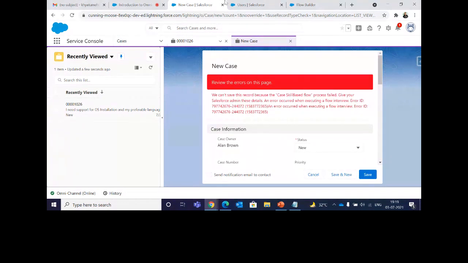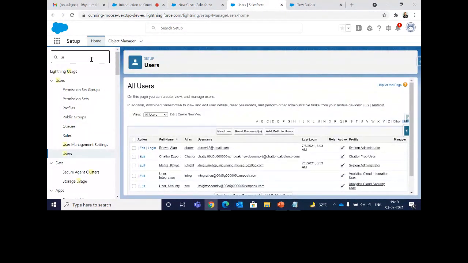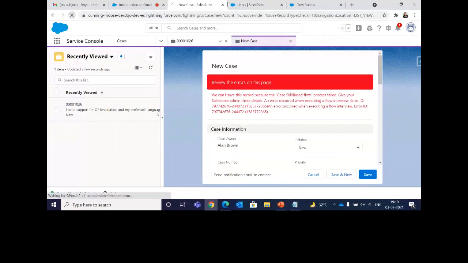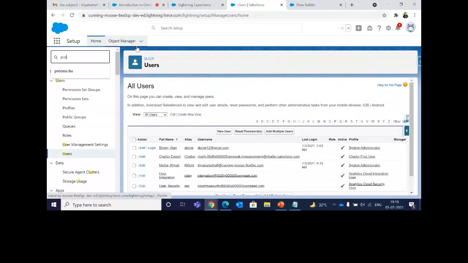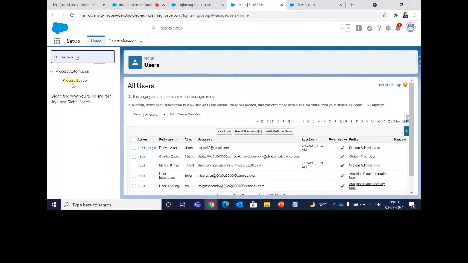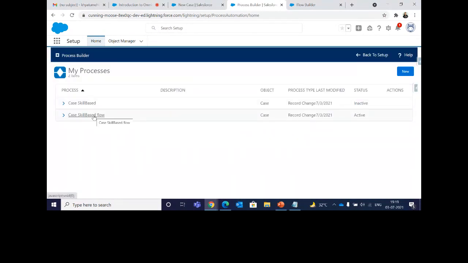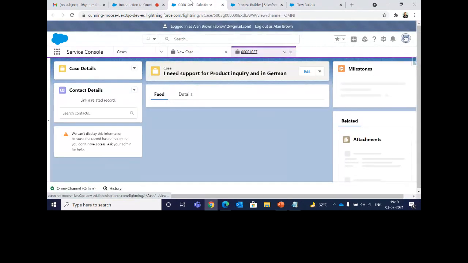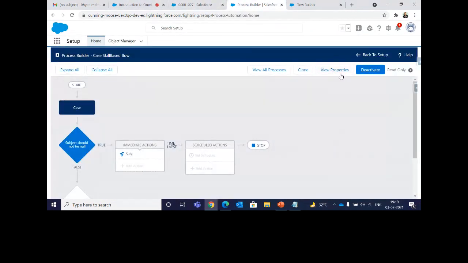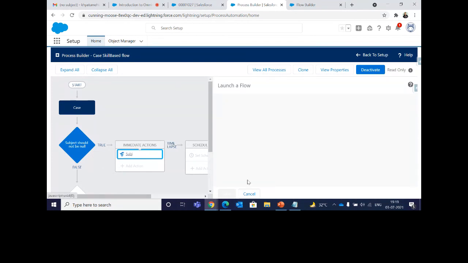Okay, I feel the flow has not been saved correctly. Everything seems to be correct.